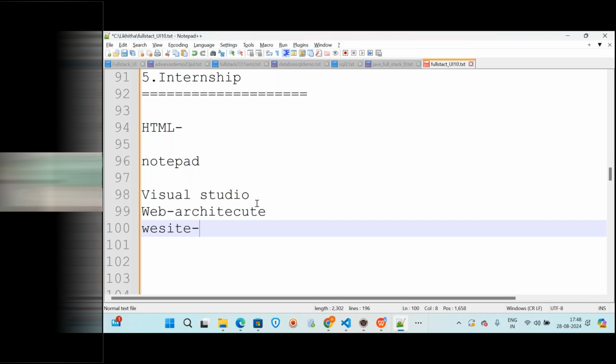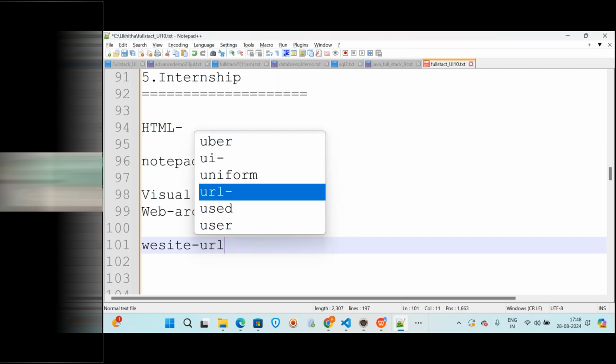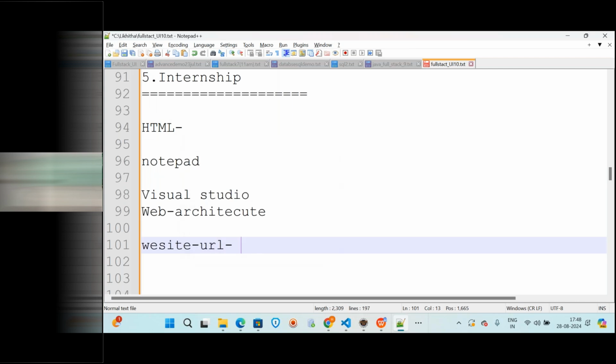Anyone from online? Website, yesterday we discussed, right? Yes, it is the address of our web application. A web application is a part of a website. It is the address of your web application, or we can also call it a URL. What is URL? Uniform Resource